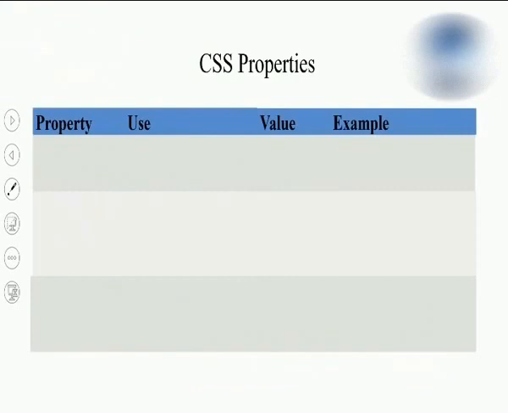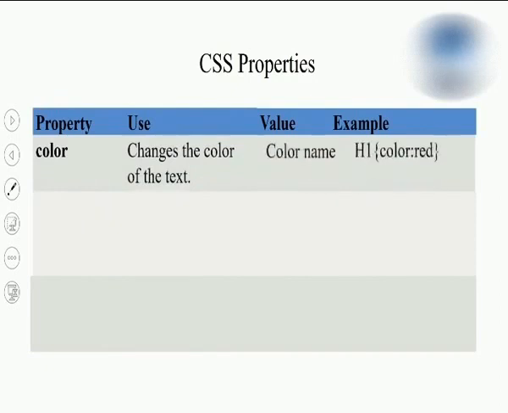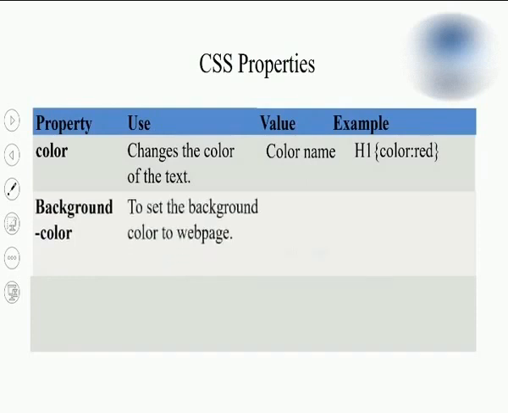So let us learn more properties of CSS. Which are the properties you are going to make use of here? Color is a property to change the text color. If I want the heading color to be red, I will simply write h1 color red. Students, do remember that it's not font-color. It's simply the color property to change the text color. Background-color will change the background color of the web page, or it can be the background color of the paragraph also. Here in this case I wrote body, so that's why the background color is applied to the web page. If I wrote it for the paragraph, it would change the background color of the paragraph.